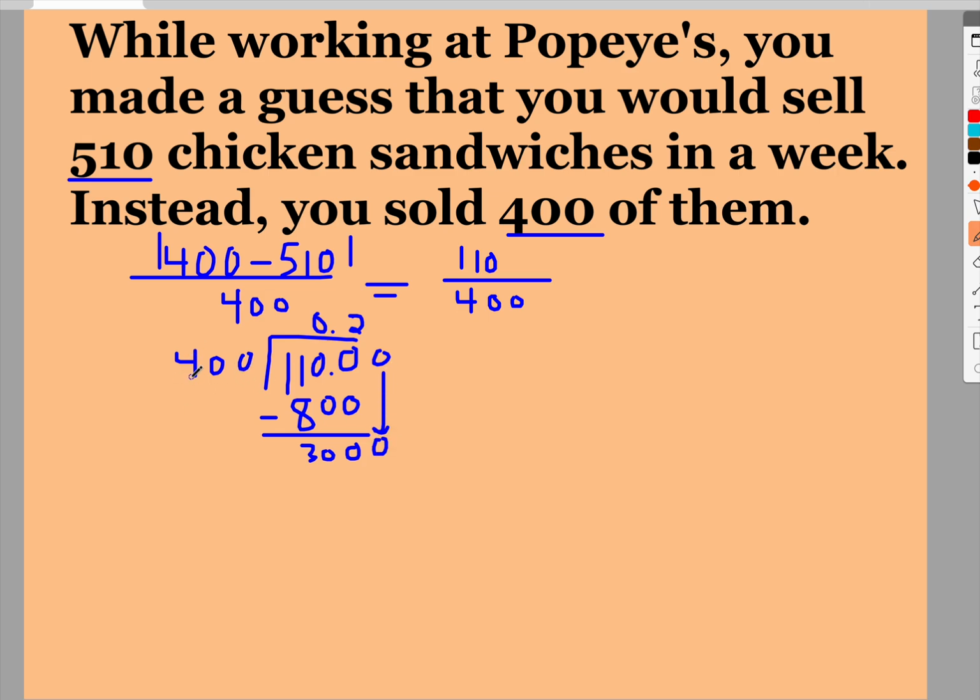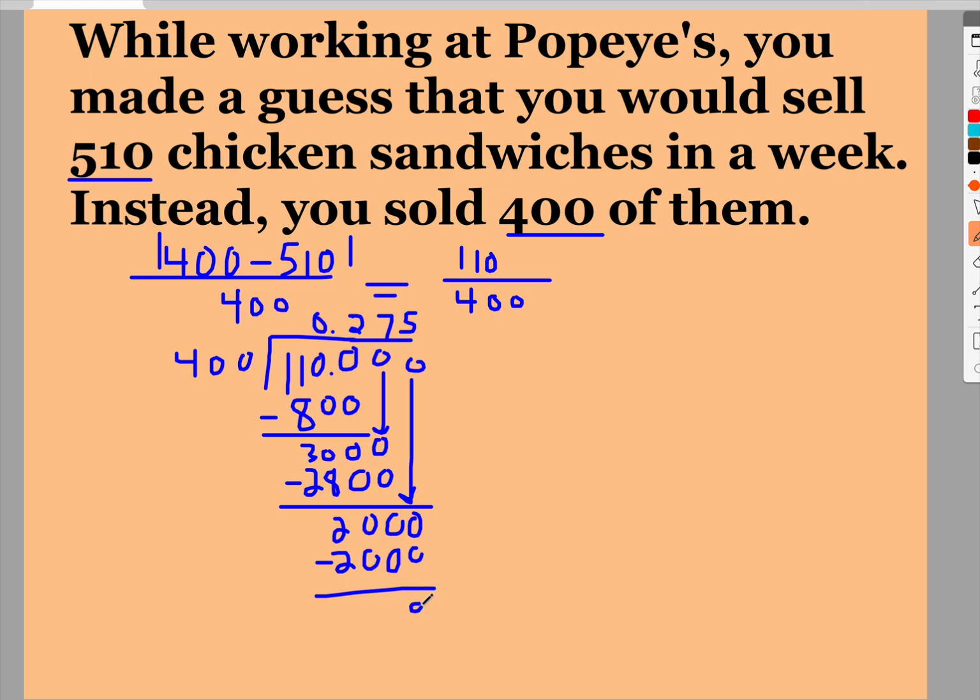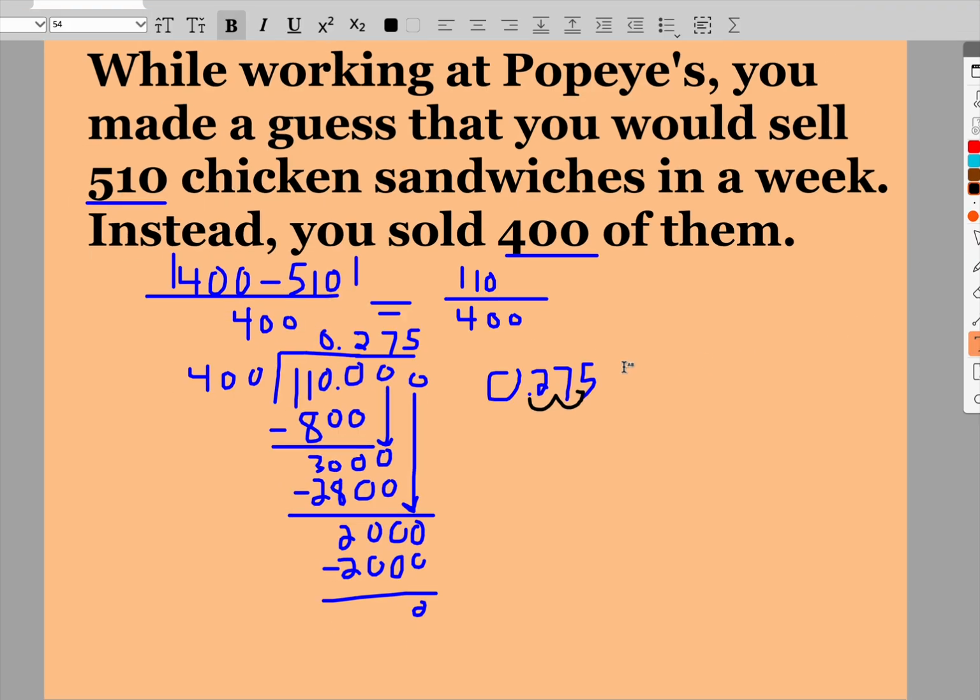3,000. Now I know my 4s. 4 times 5 is 200, so it's got to be 7. 4 times 7 is 28, so this is 2,800. Subtract it. I get 200. Drop a 0 down. Now I'm only going to go to 4 decimal places. 400 into 2,000, perfect. 5 times 4 is 20, so this is 2,000. That leaves no remainder. So now 0.275. Let's move our decimal place twice, 1, 2. So my percent error is